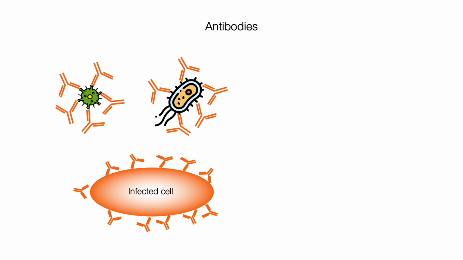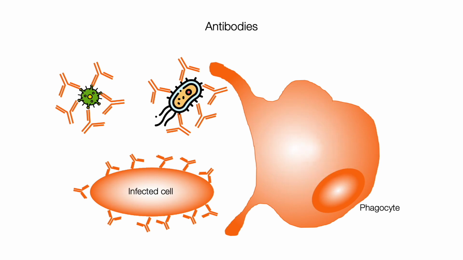Antibodies cover viruses, bacteria, or infected cells, facilitating their recognition by phagocytes, which are cells capable of phagocytosing them, that is, of eating and destroying them. In addition, antibodies facilitate the union of another component of the immune system, which is called complement. When complement is activated, it can create holes in the membranes of pathogens or infected cells while facilitating their recognition